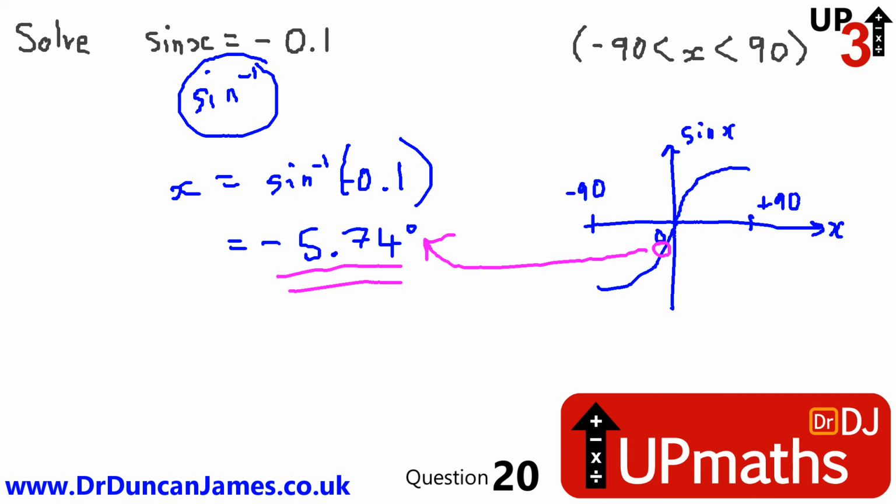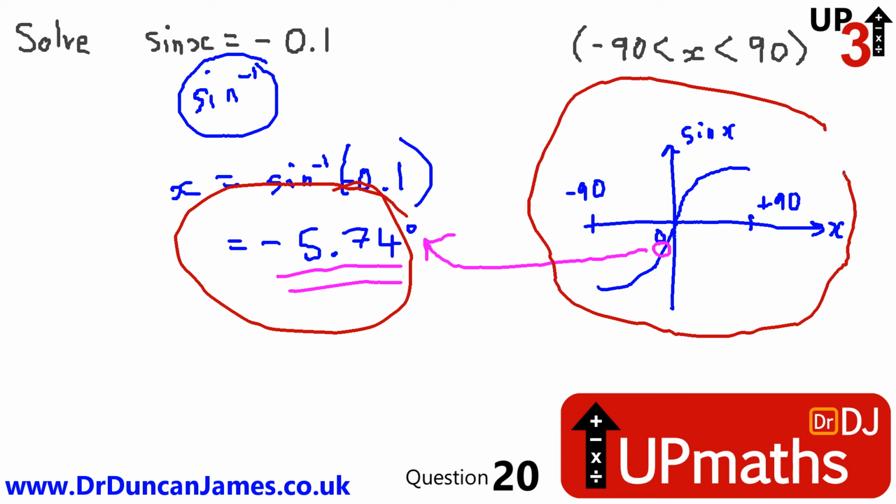So the magic of video, I've drawn a graph here, and I've also put it in the calculator. What I discovered was that x is minus 5.74, that's what I got from my calculator. And then just to be sure, I drew a graph, and I observed that between minus 90 and 90 degrees, the graph of sine x, because I've used sine x as my vertical axis, will only have each value